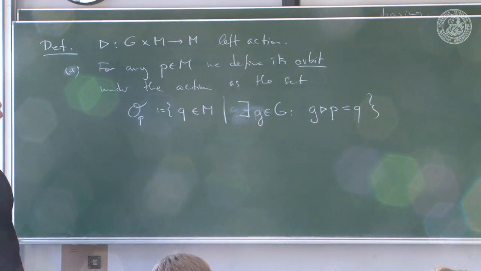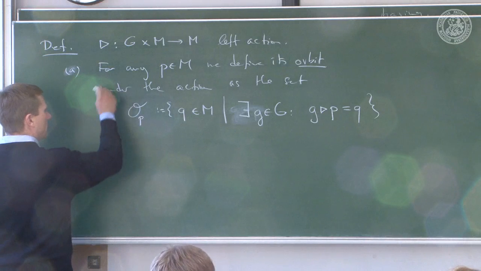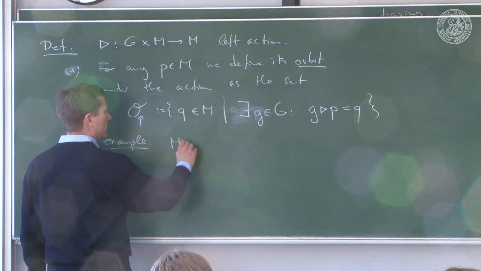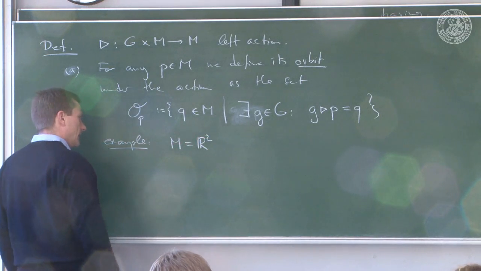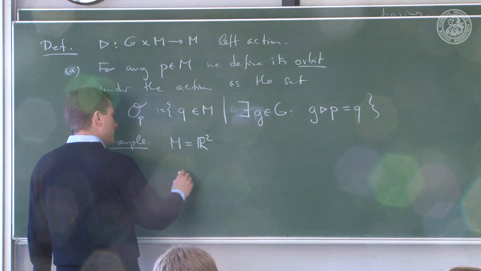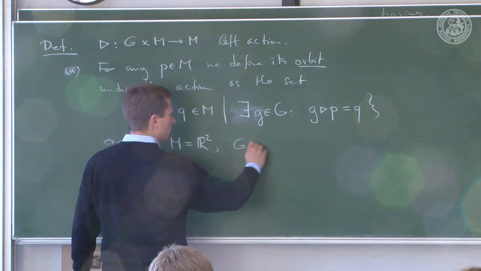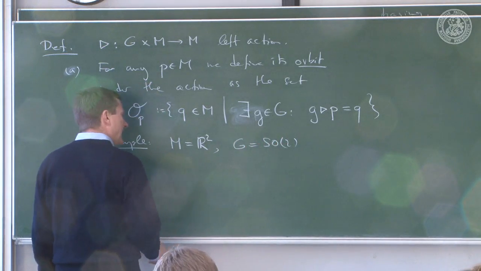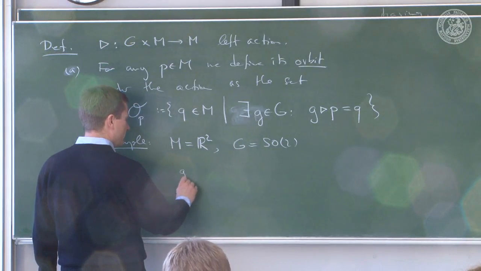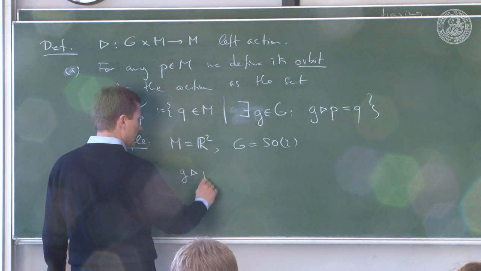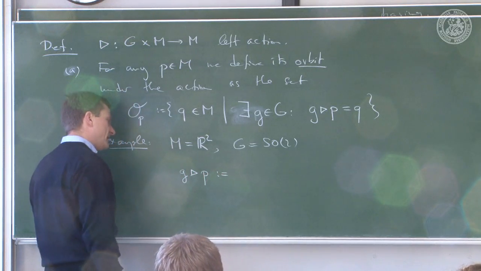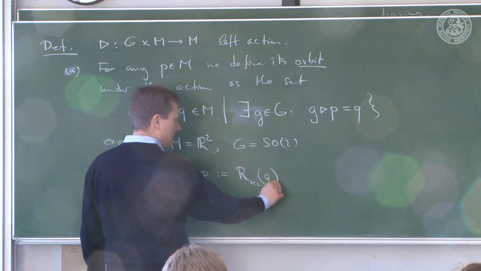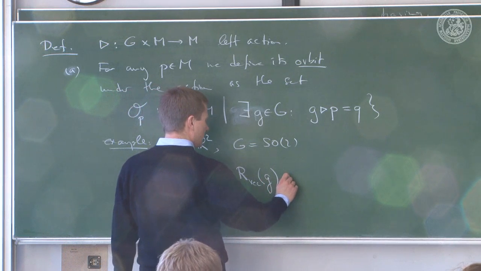That's an orbit. Well, let's make an example right away, although we're in the middle of the definition. Example: let's say the manifold is R2, and let's say that the group is SO(2), and let's say that the left action of G on a point in R2 is defined as the vector representation of this guy acting on the point